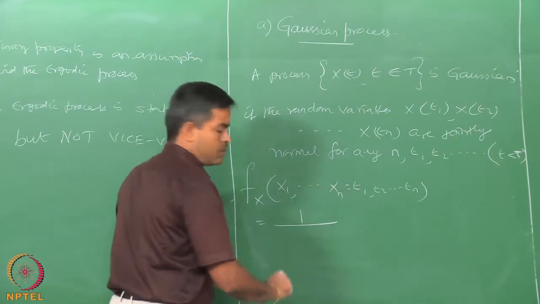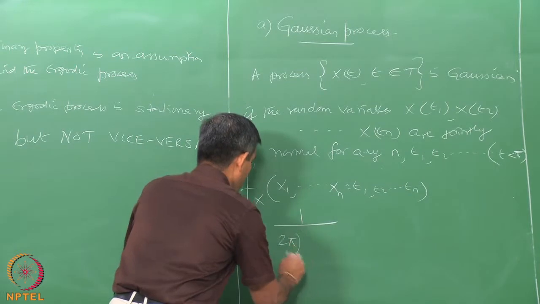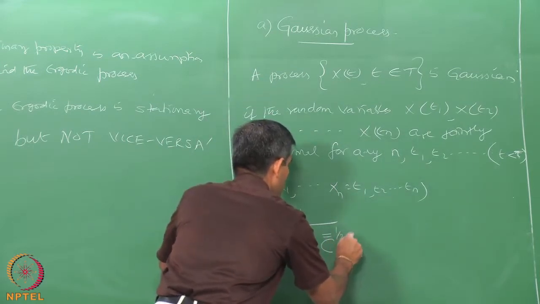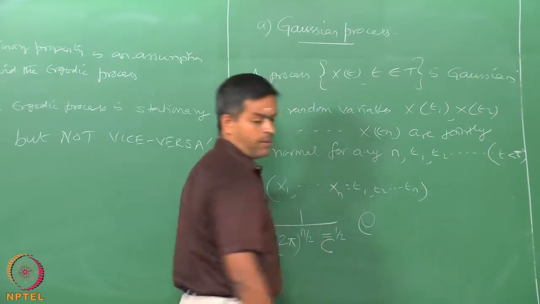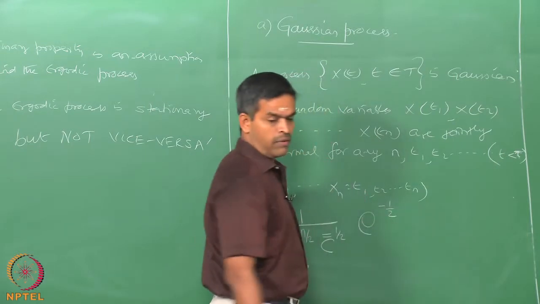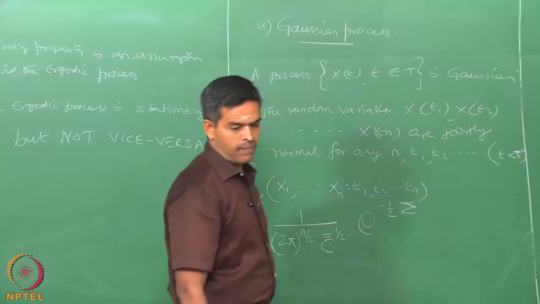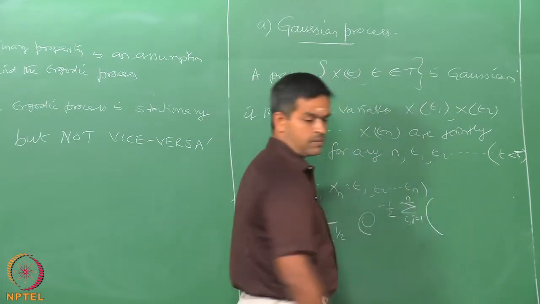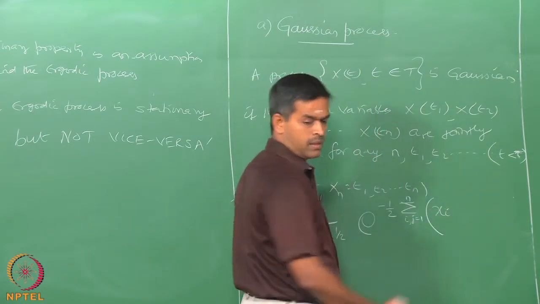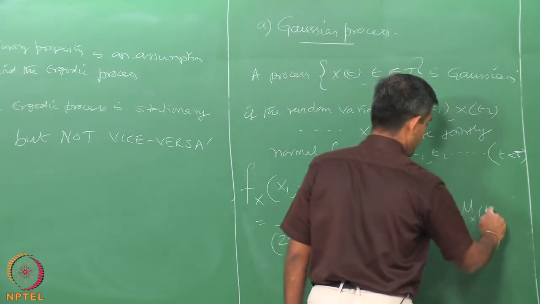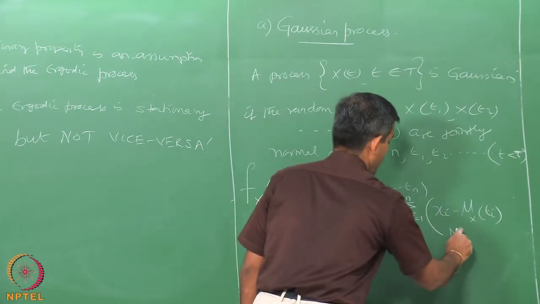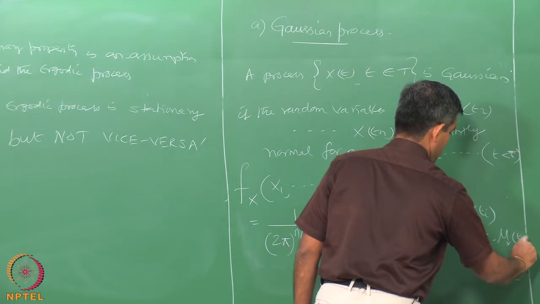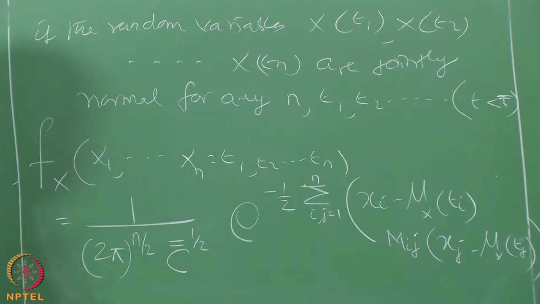1 by 2 pi to the power of n by 2, determinant of C to the power of half, e to the power of minus half summation of i, j equals 1 to n of x i minus mu x at t i, m i j, x j minus mu x at t j. Equation 10,